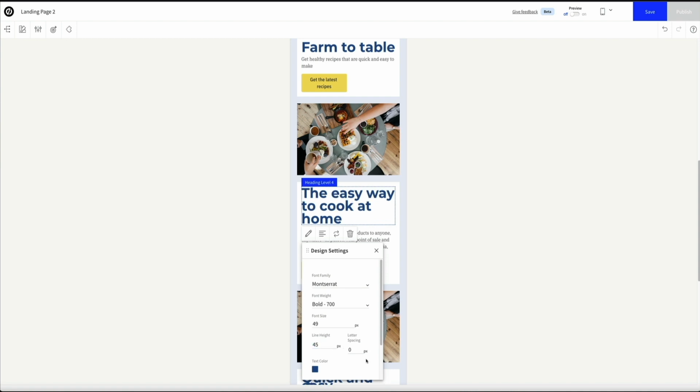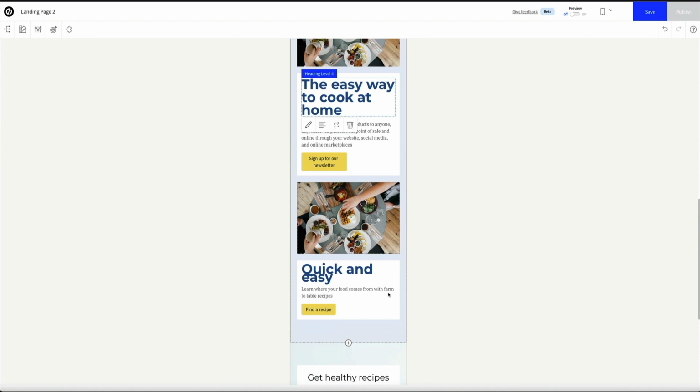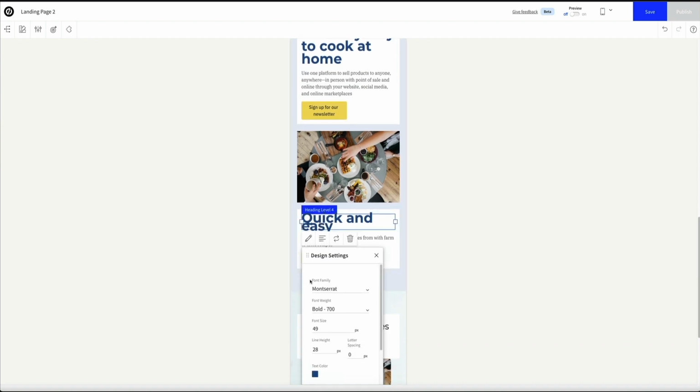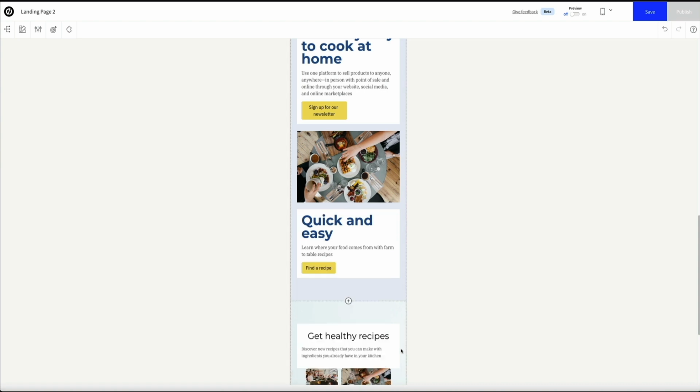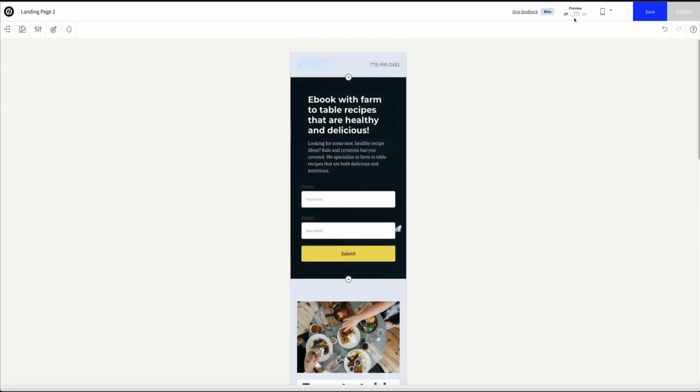Then I'll close this out and update the other headings so that they match. And as I'm doing this, I'm realizing that I could have just updated the line height setting in the toolbar at the top of the builder, because that would have updated the line height globally, but again, I'm still learning too. Okay, so you'll want to make sure and update the desktop and tablet versions as well, so I'll do